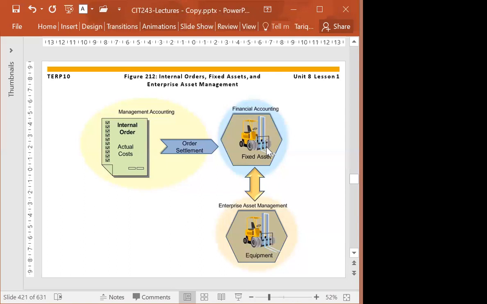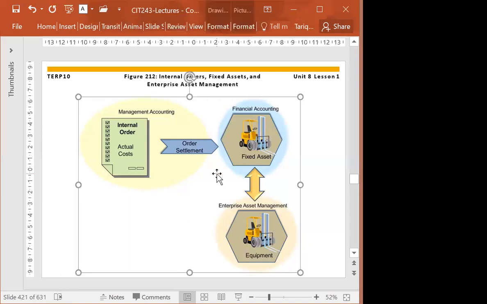So for example, we are constructing a building that is a fixed asset, and all the costs happening, I'm collecting on the internal order. At the end of the day, when the project is closed, I will transfer all my internal order cost to that fixed asset, that is the building. So in this way, when we look at the accounting, then we'll see, okay, this building has all these transactions, and these transactions construct the cost. So that is what the task of internal order is.